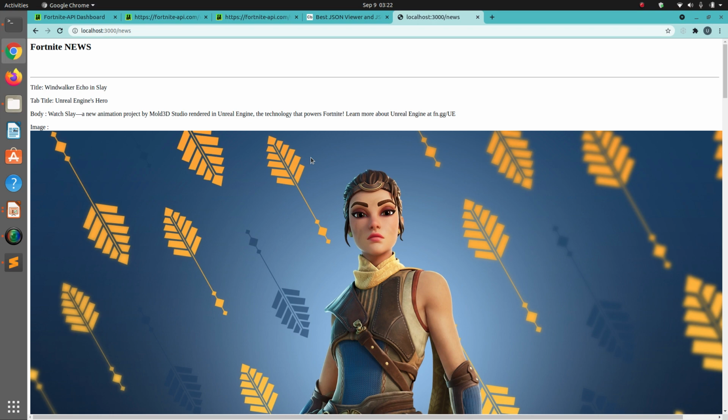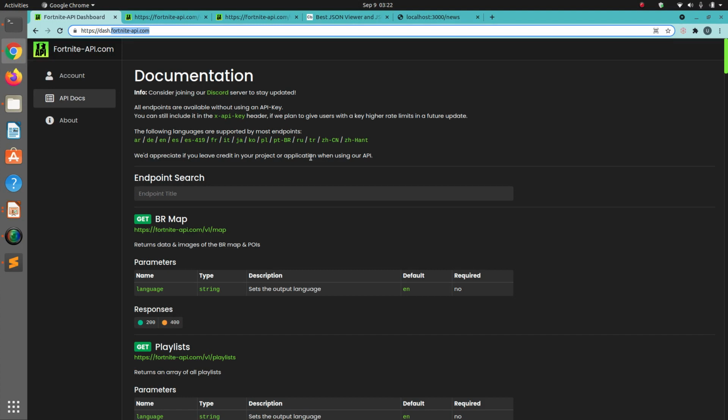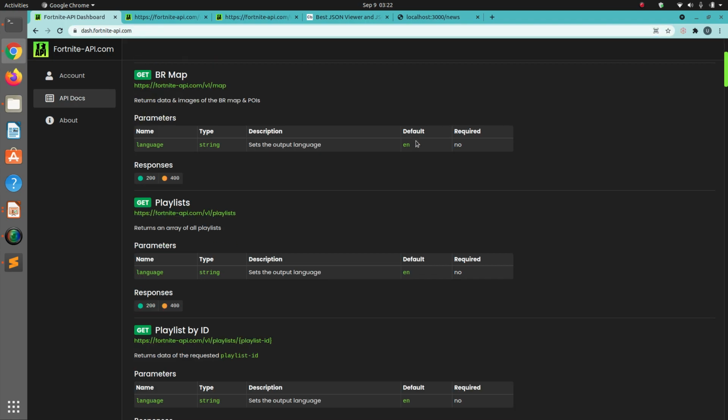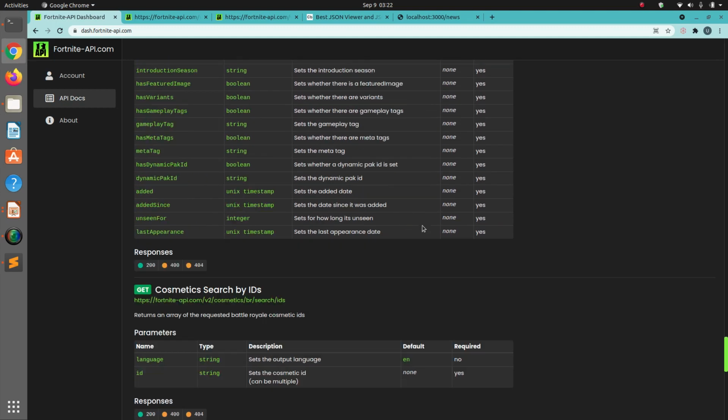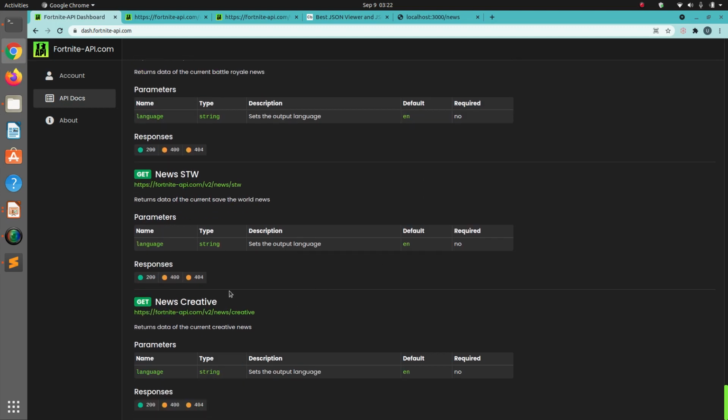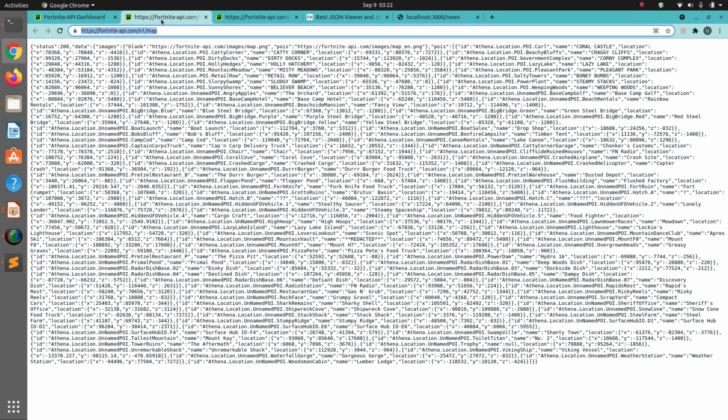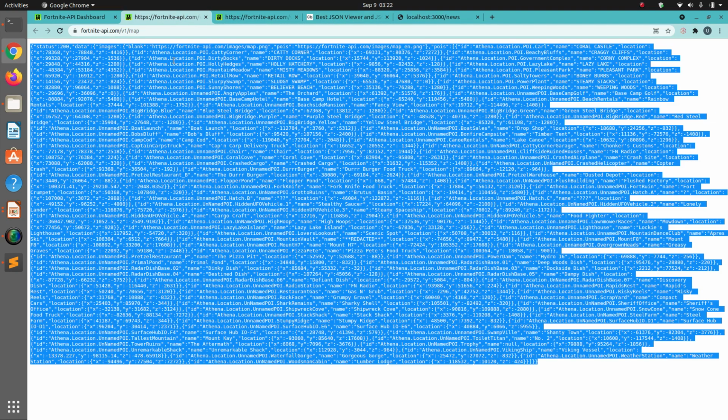And now I'm going to show you the Fortnite API website where all these APIs are listed. So this is dash.fortnite-api.com. Here you will find all the API endpoints which you can use in your application, or if you want to integrate Fortnite within your application, mobile application, web application, wherever you want, you can use these APIs. The first one that we used is map, then we used the news API, and you can just copy it,